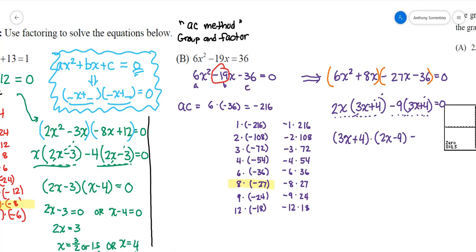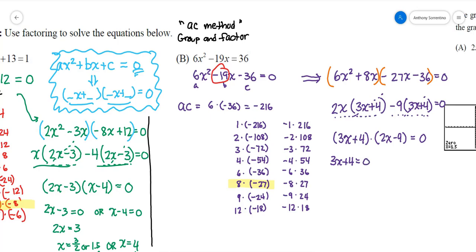Recognize that there's still multiplication going on here. So now the equation I have, which was 6x squared minus 19x minus 36 equal to 0, can now be written as 3x plus 4 times 2x minus 9 equal to 0. So I've now been able to rewrite that as a product. And being written as a product, I can now go back and use the zero product property since it's set equal to 0. And based off of that, I can say, well, 3x plus 4